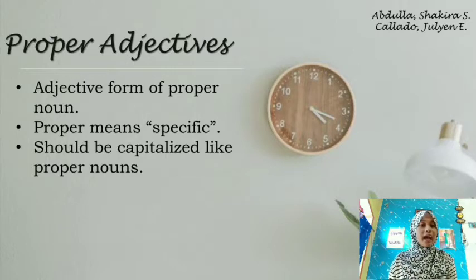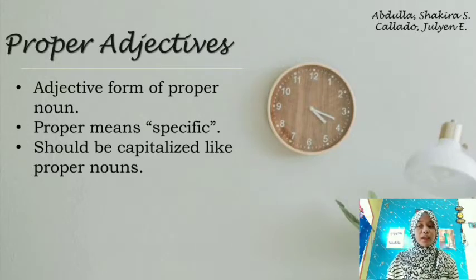So, while proper nouns are specific names of places, things, persons, and organizations, proper adjectives describe places, things, organizations based on proper nouns. Proper adjectives are mostly of two types. First, those that come from name of places like countries, continents, regions, and cities. Example is Japan. The proper adjective that can be derived from a proper noun Japan is Japanese. Another example is Asia. The proper adjective that can be derived from the proper noun Asia is Asian.